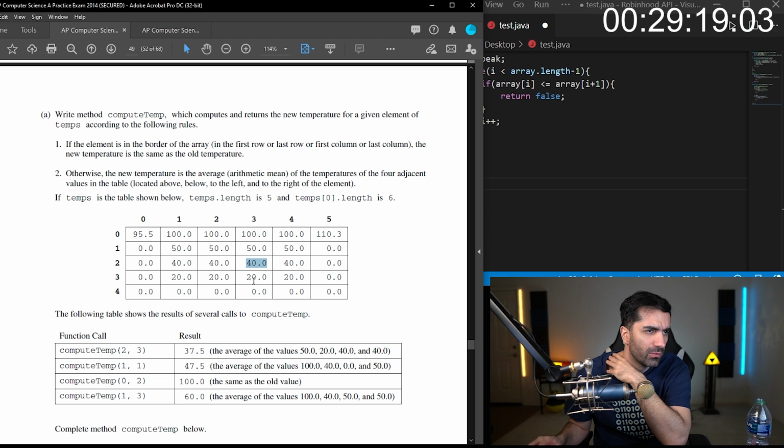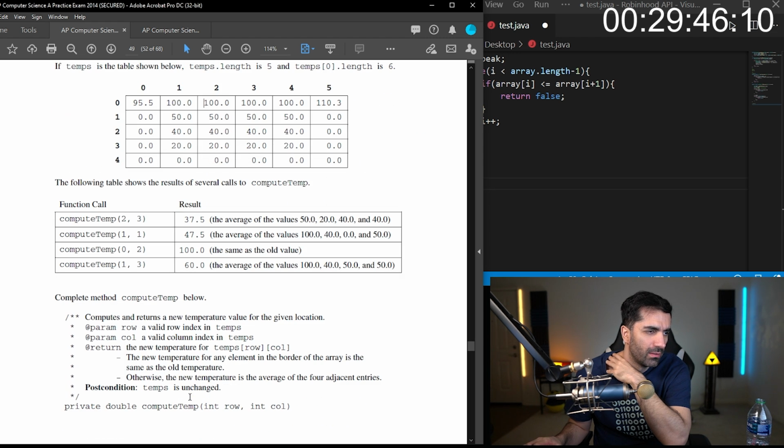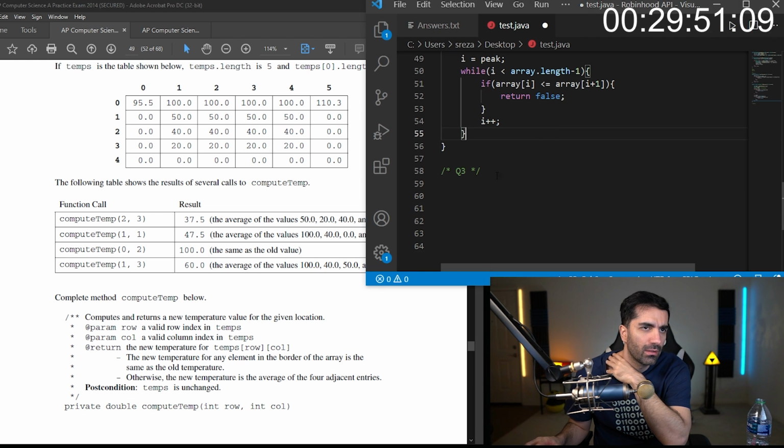So it'd be 50, 20, 40, and 40. So you just add them up and divide them by 4. 1 and 1 would be 100, 50, 0 and 40. 0, 2 would be the same, and then 1, 3 would be 240 divided by 4. Okay. Seems straightforward enough.